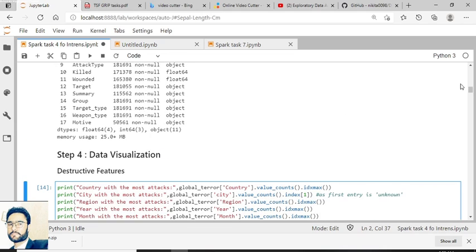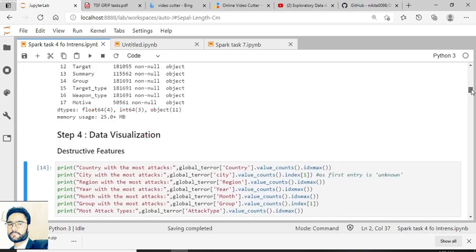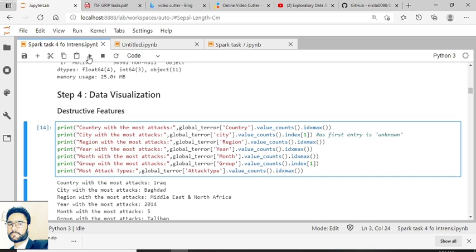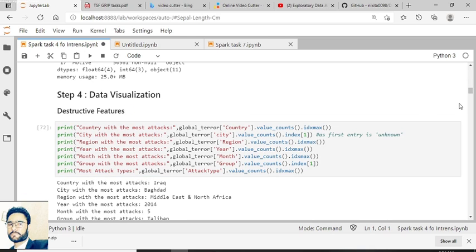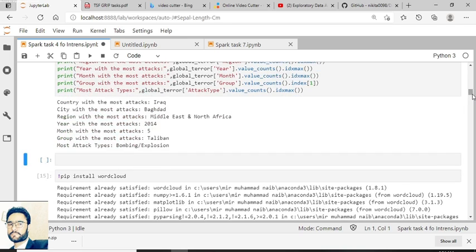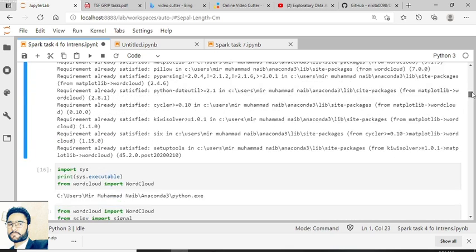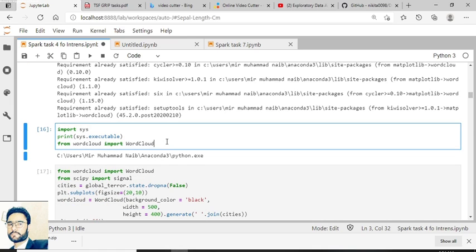Now we just try to visualize all the features by using this command. Just execute this code. You will find some type of outputs, and it is also installed. No need to install it again, just import it.